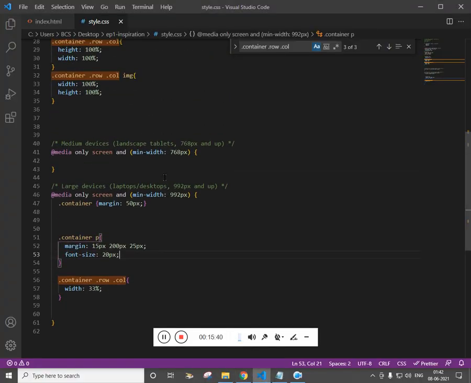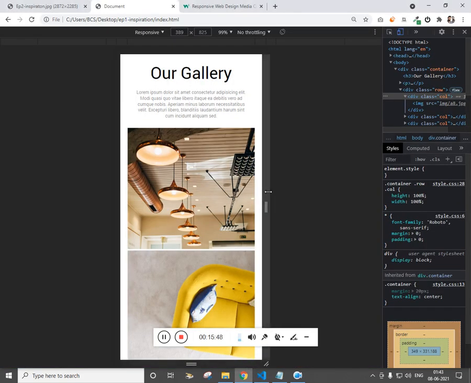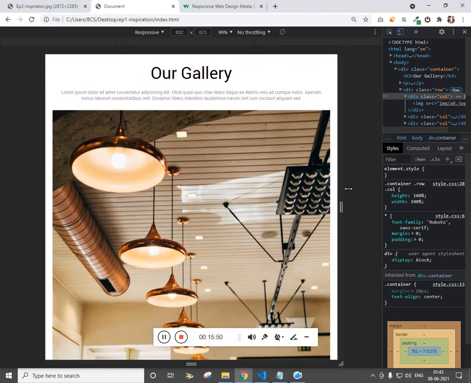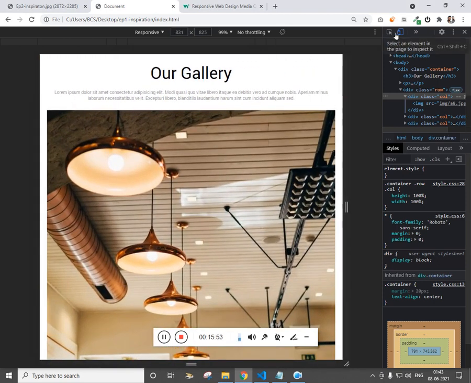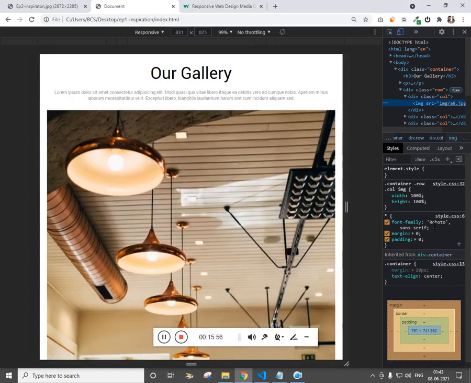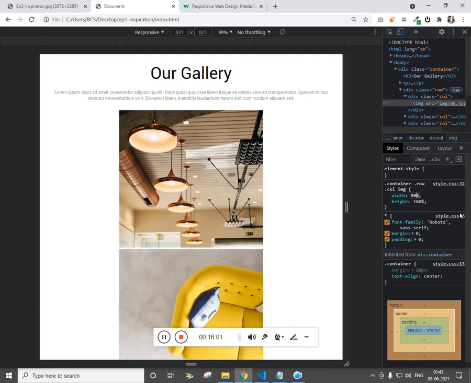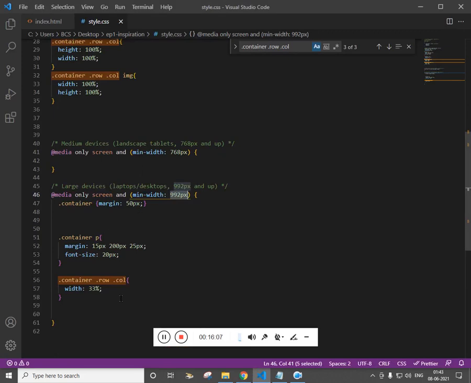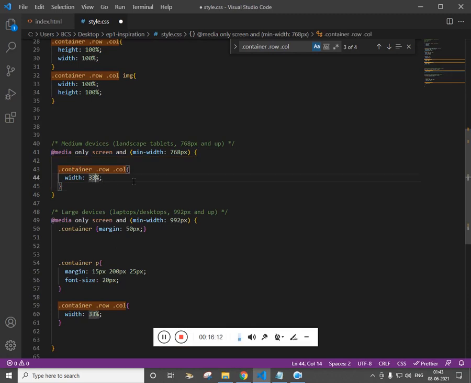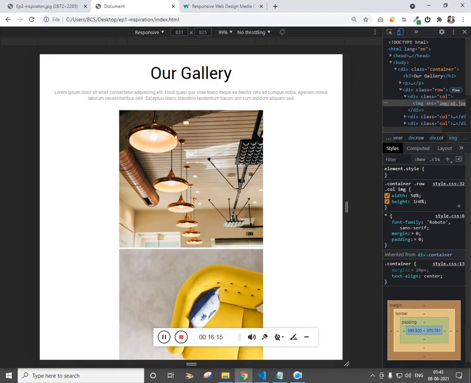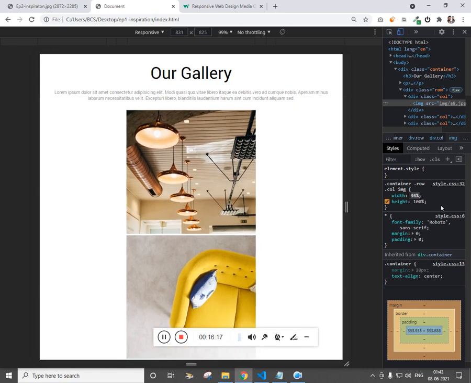So mobile section starts from 0 pixel to 768 pixel, but after 768 pixel to 992 pixel we have for tablet. So that means if it is 800, this is for tablet. In that case, what should happen is, I want the width to be 50, and let's get this. We have already used it here. Just copy this and paste it over here, and I want it to be 50. Let's try to make it even smaller. 50 is okay, I believe.